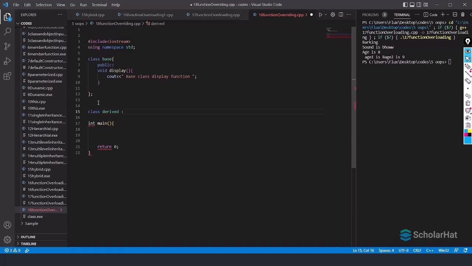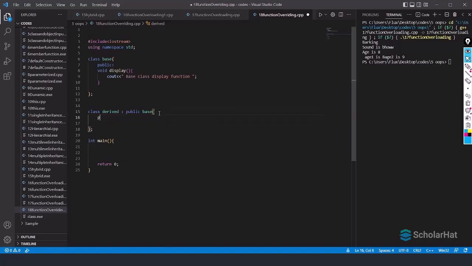Basically a derived class, you say child class or subclass, those are all the same thing. So it is inheriting from the base class. I'm going to write public Base. Now here it's going to inherit this display member function.